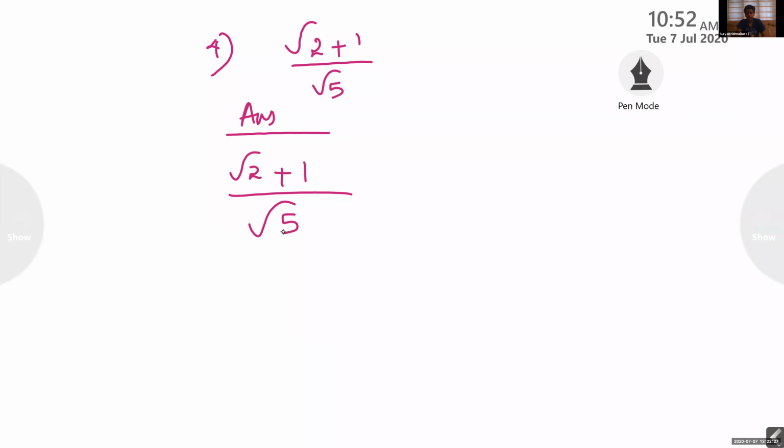Okay, now I will explain. Root 5 we have to multiply in the numerator and denominator. You put a bracket there in the numerator because there are two terms. Okay, children? Respond so that I can explain. So the numerator you write like that itself, root 2 plus 1 into root 5.